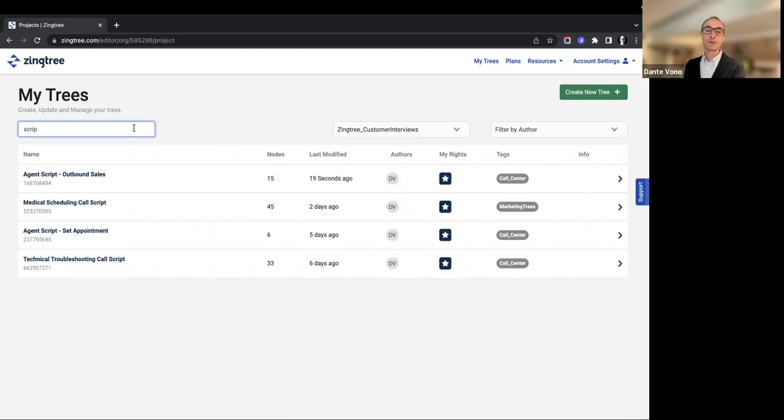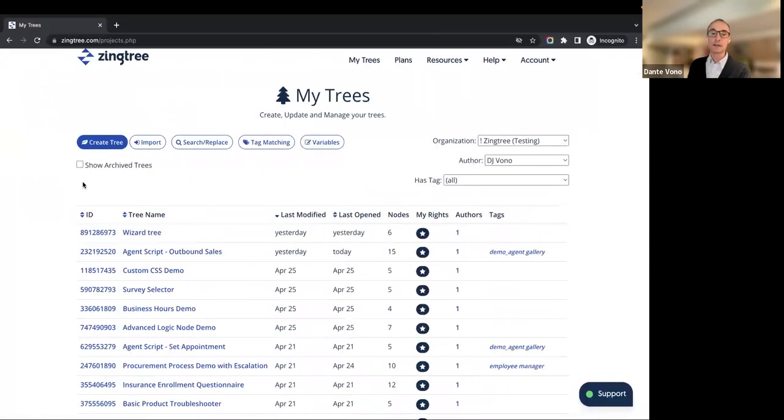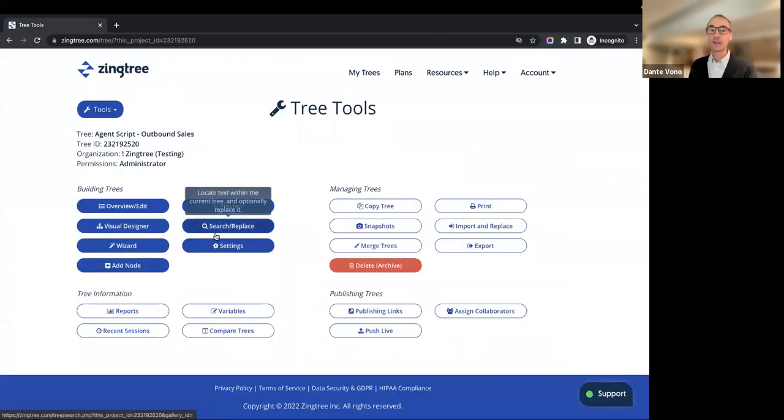Now when we type script, we can filter instantly as we type and see exactly the trees that have that matching text. We're going to make an edit to one of these, but let's go back to classic and start it there so we can really get that side-by-side comparison. The one that I'm going to be editing today is this one here, agent script.